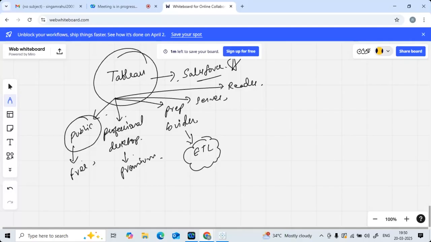Similarly, we have something called Server and Reader. And the main purpose of including these is to publish your work. Generally, tell me one thing. If you are learning one particular tool at a student level and you are building one particular dashboard, what you usually do, if you want to save it, you save that file. And now that file or dashboard will be saved in your local machine, right? If you want to share it with some other person, you need to manually share it through email or something. But that is a manual task.